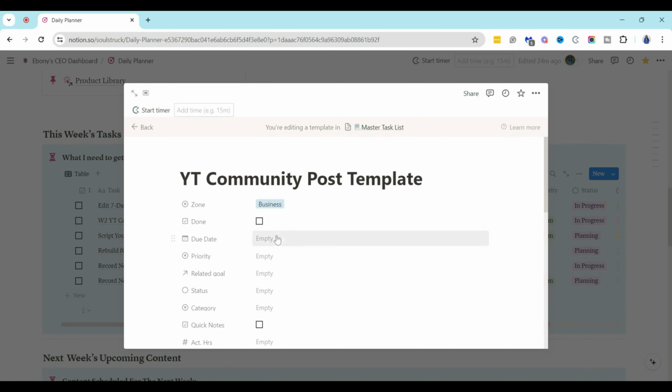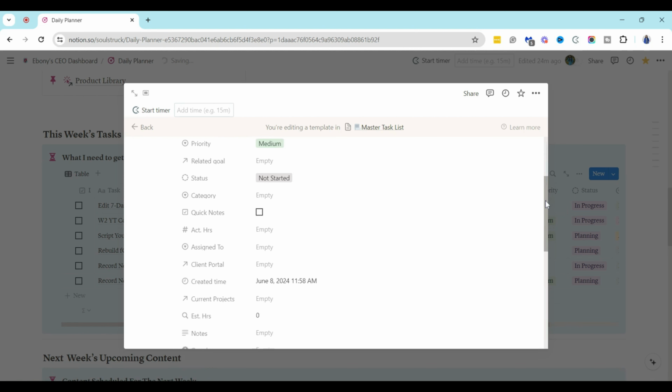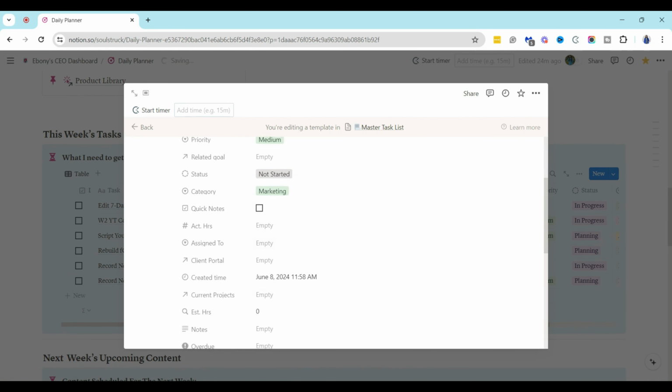I'm going to add the zone. It's going to be business. I don't want it to be checked. I'm going to leave the due date open. The priority is going to be medium. The status, not started. And basically, I'm just going through and selecting all the stuff that I want to be